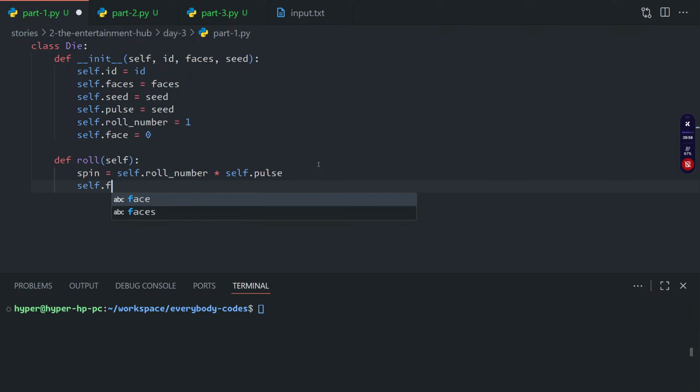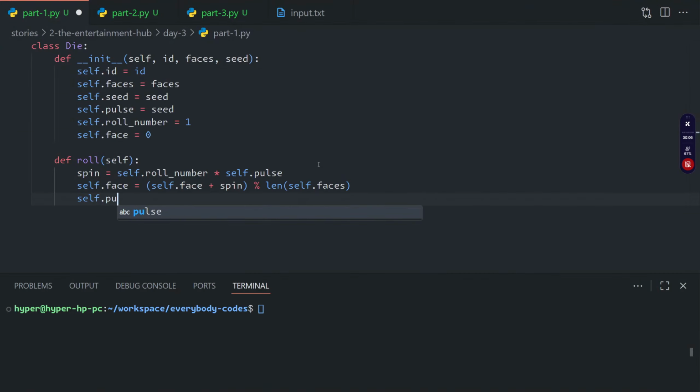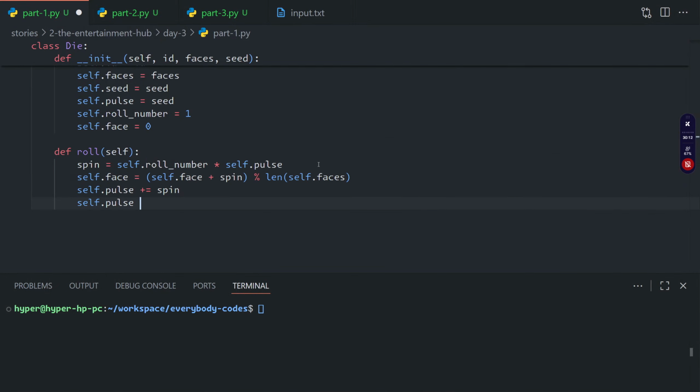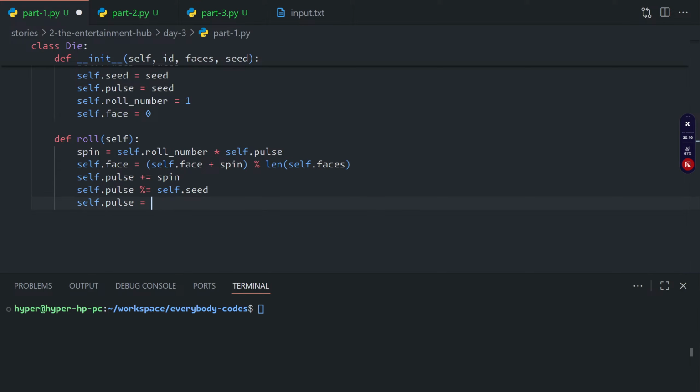Face is initially 0, self.face equals self.face plus spin modulo the number of faces. Add the spin value to the pulse, modulo the seed, and then add